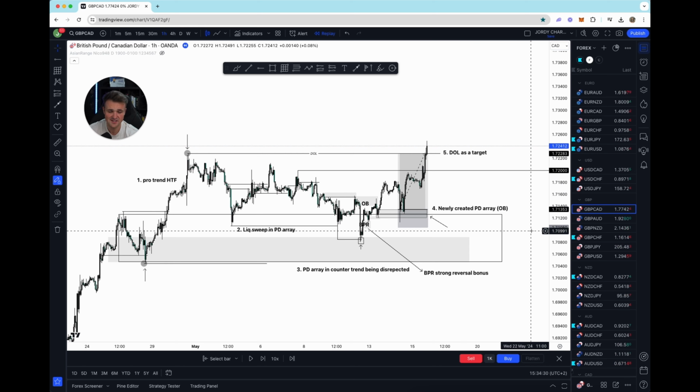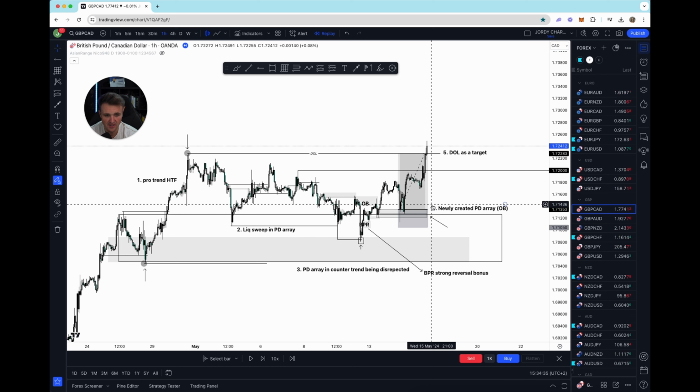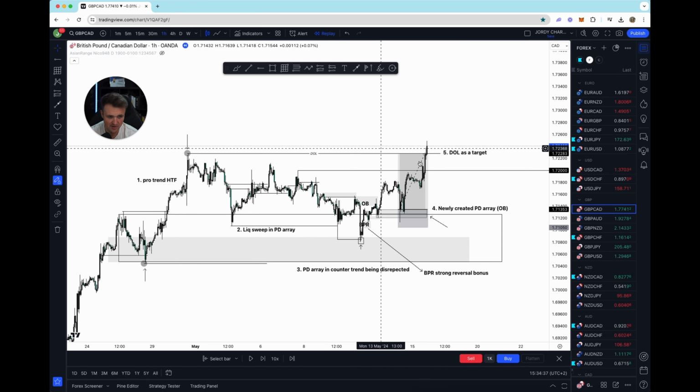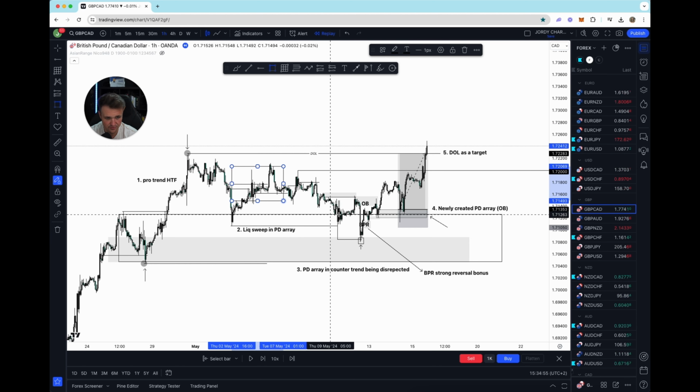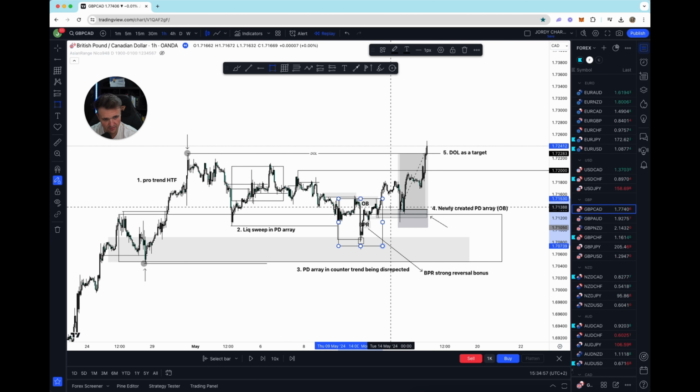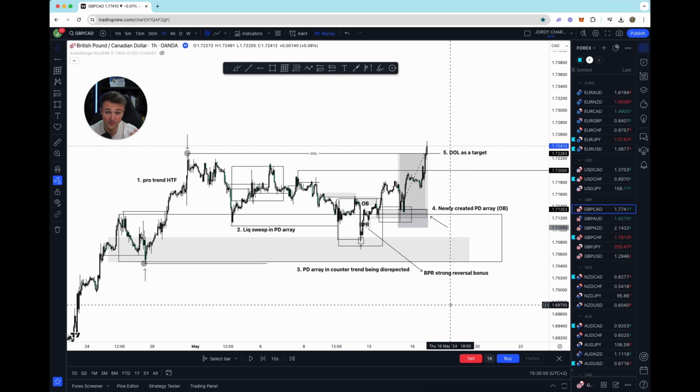So that's how you can use the ICT magic, and it's very simple. What this video is all about is just whenever you have this counter trend PD array being disrespected, it does its magic. But you have to, of course, use all the other concepts of ICT and do it in the correct place in the market. If you are doing it over here, you're not going to get great results. If you're doing it right here with the correct scenario, you will get great entries and a better win rate. And finally, a strategy that actually has data that proves that it works.